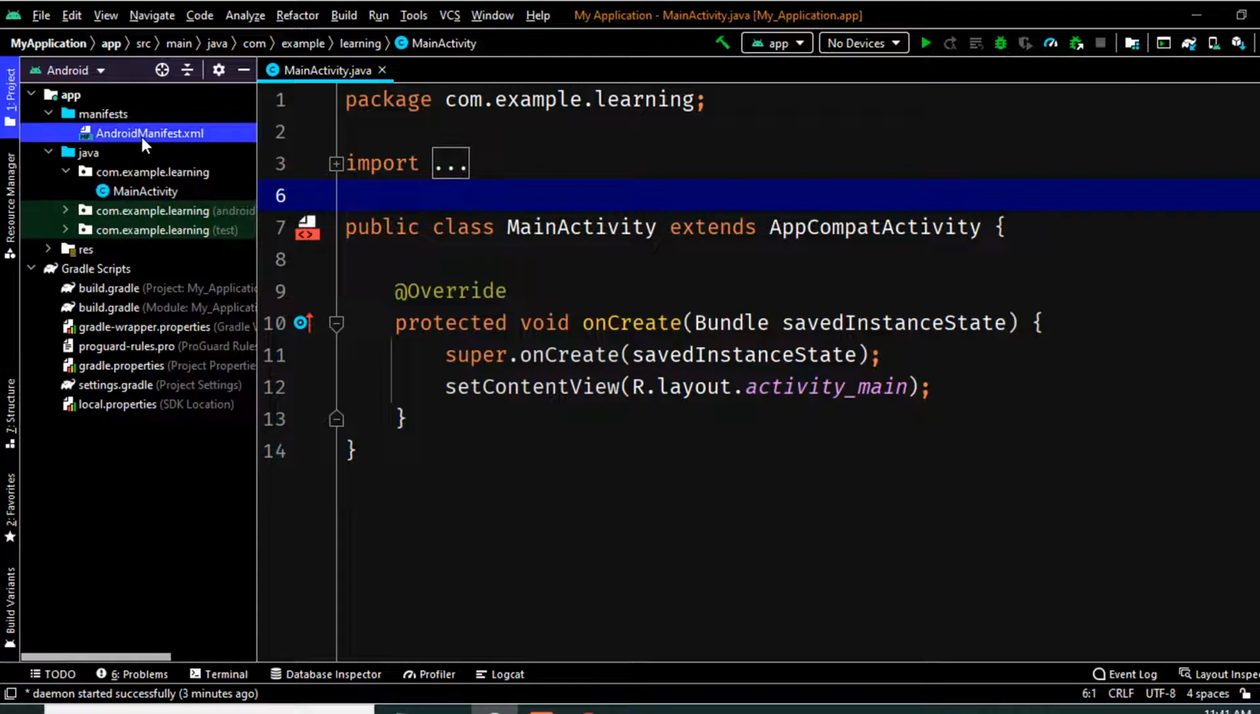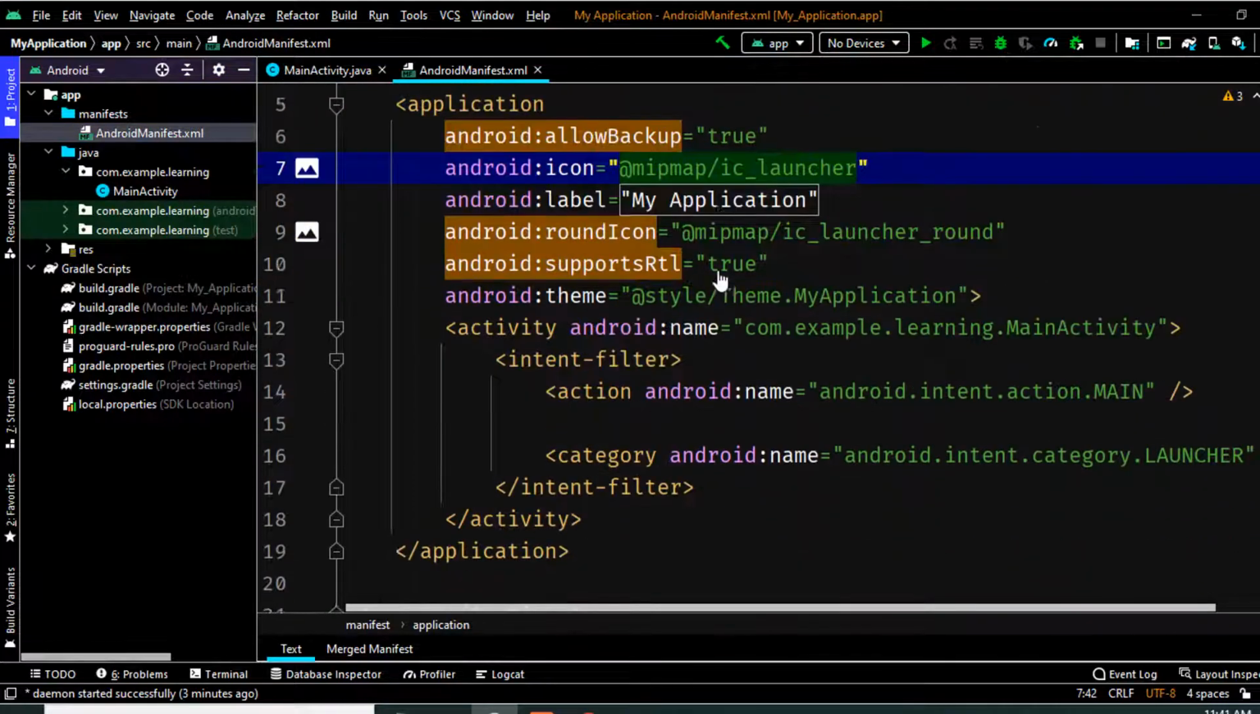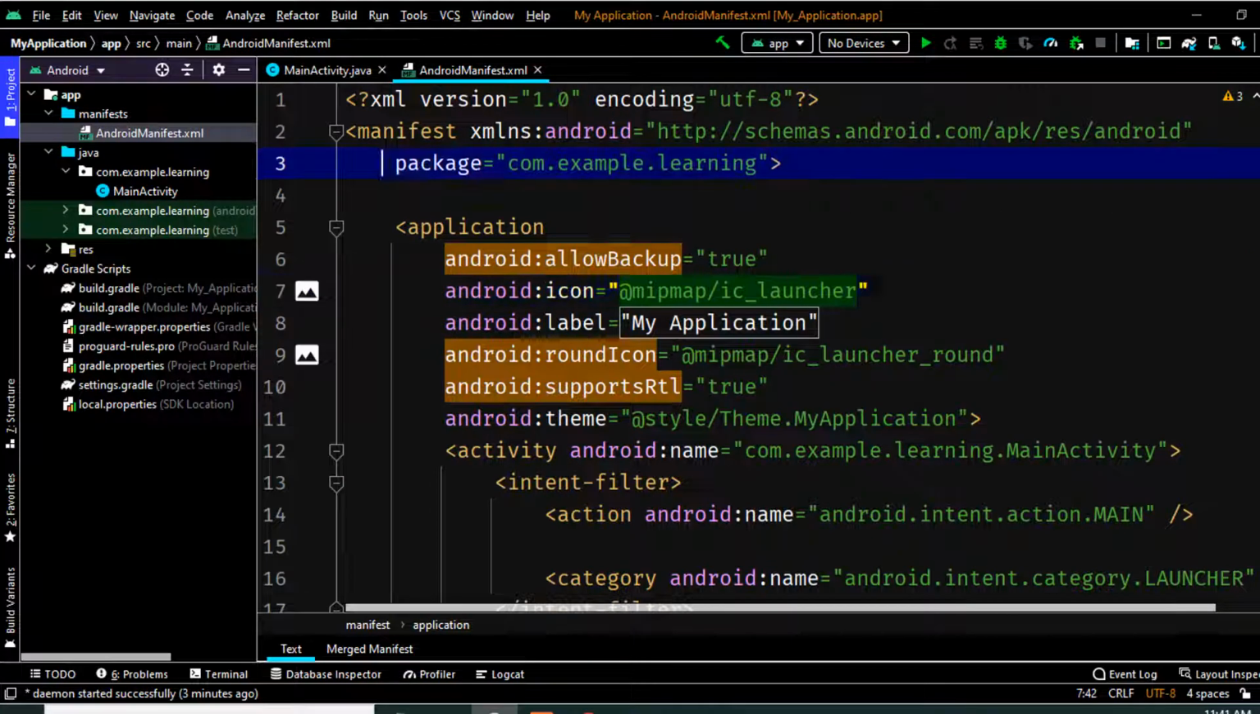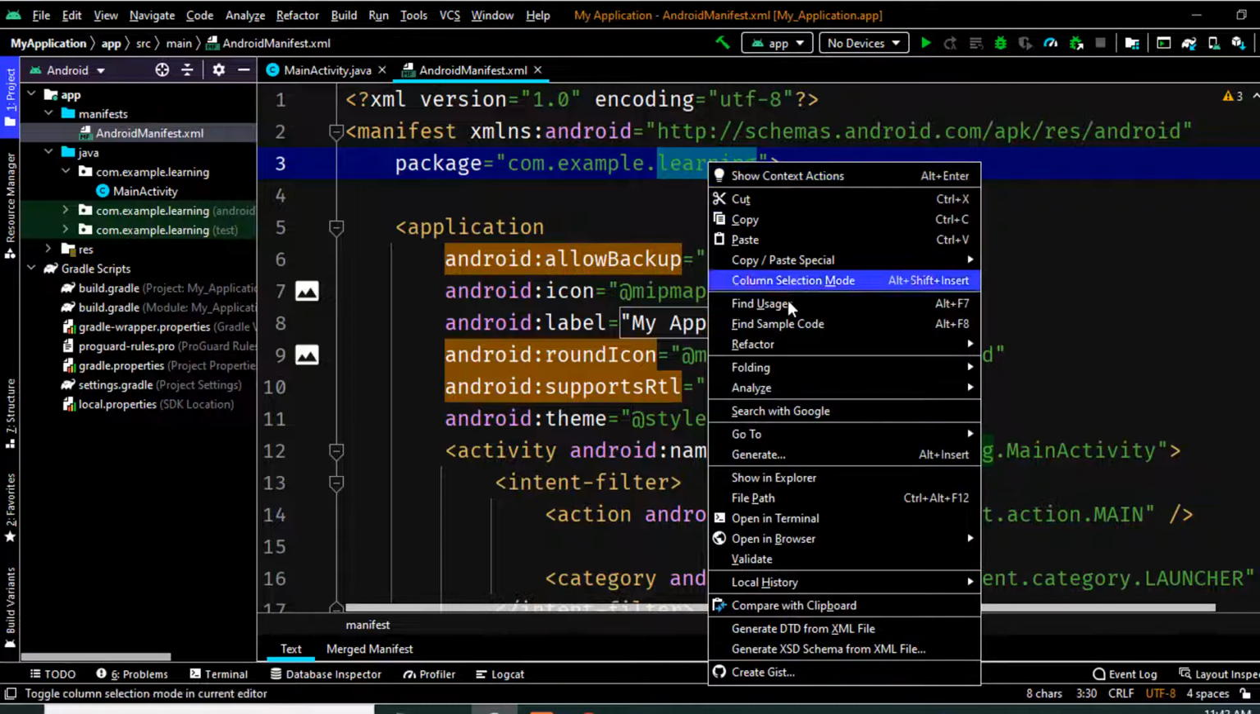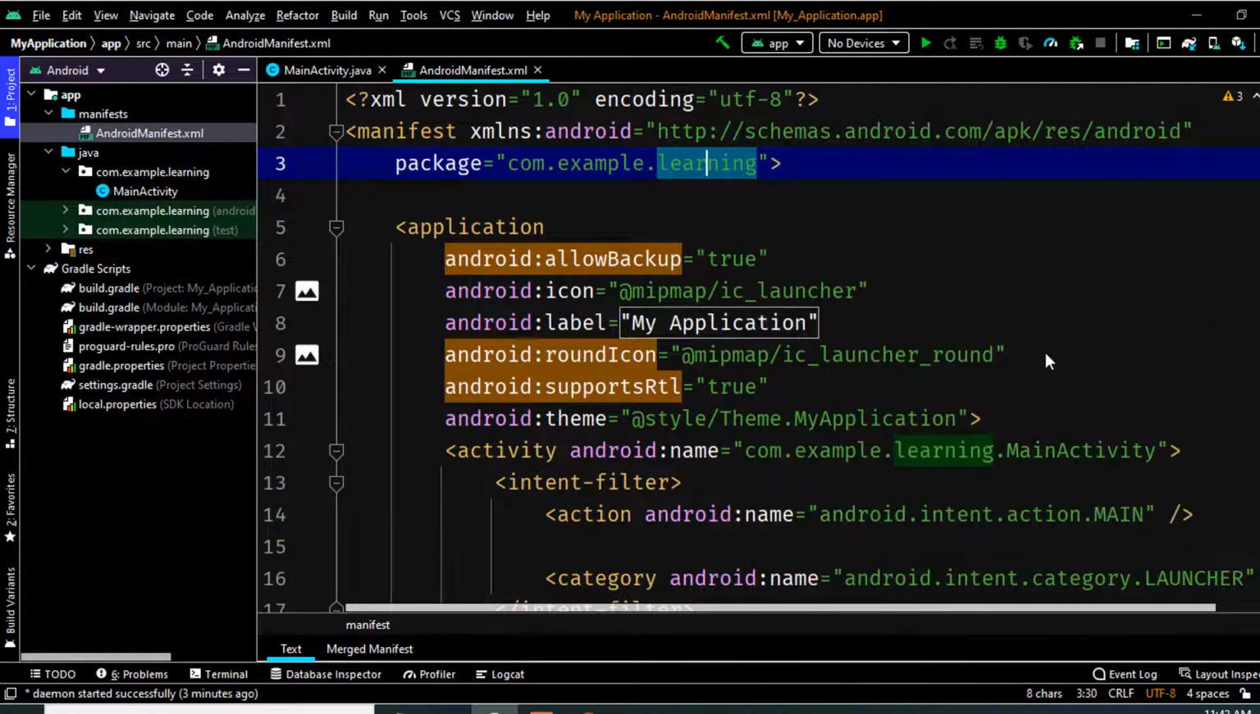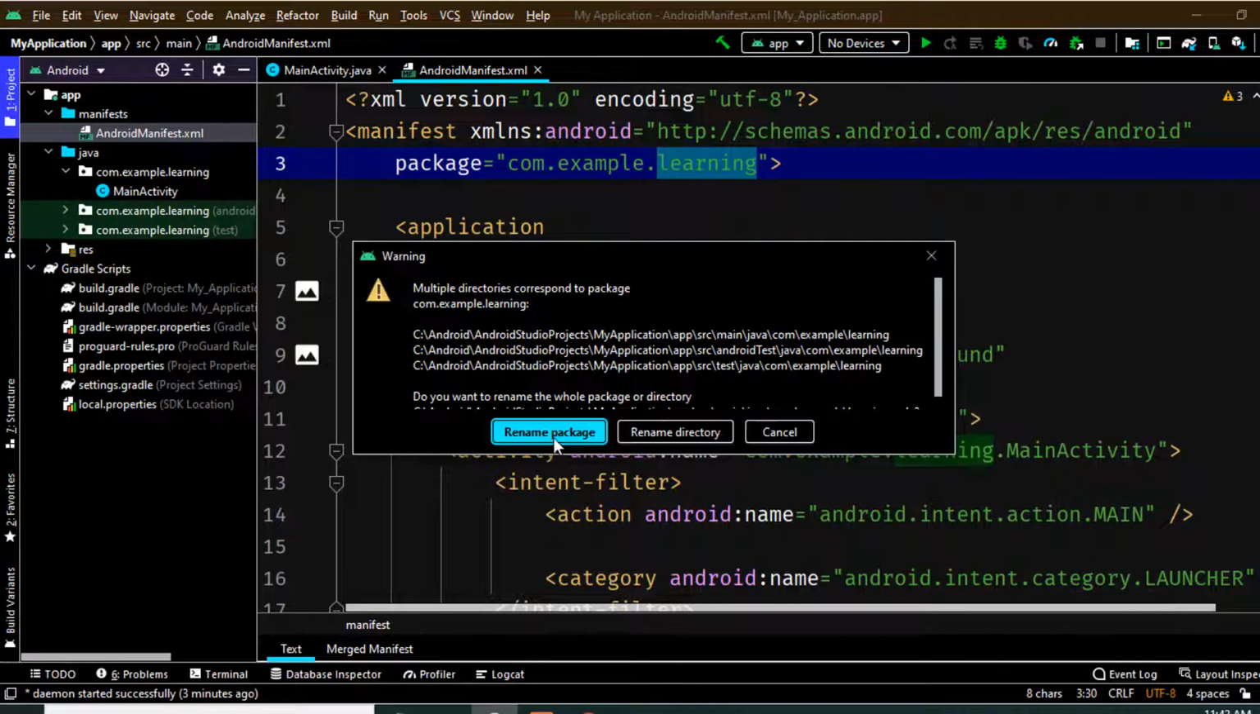So let's open that. After opening, you can see here, this is our package name, and select which word you would like to change. So I'm selecting here "learning", and right click of your mouse and go to Refactor and click Rename and click on Rename Package,